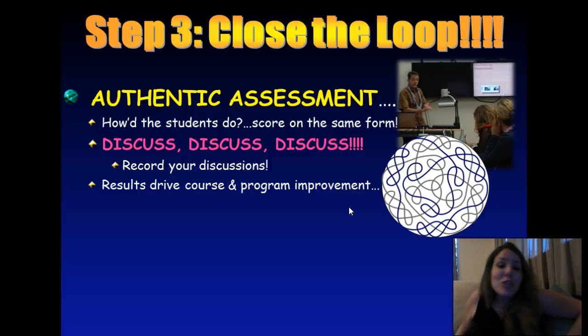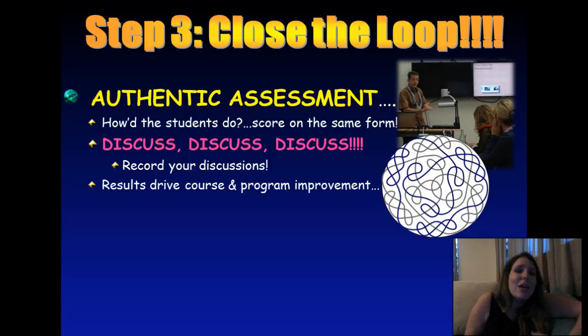And one of the things you should do when you're meeting with your colleagues and discussing what changes you're going to make to your curriculum and at the program level, et cetera, is record these discussions. Either have somebody in the room typing while everybody's discussing, taking minutes, or even actually record them with a recording device so that you can transcribe them later. ACCJC loves that. They love to see the dialogue that's going on about assessment. That lets them know that we're really using this assessment authentically, that we're using it to make positive changes at the school.